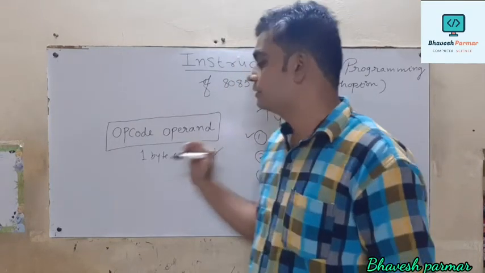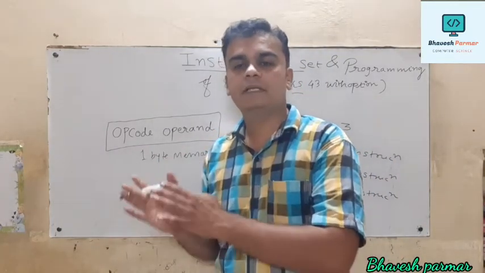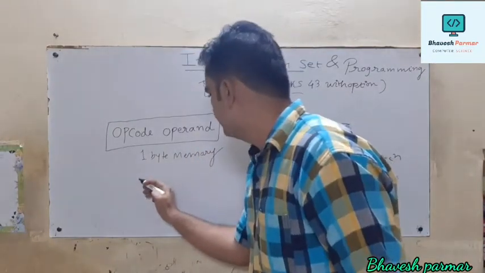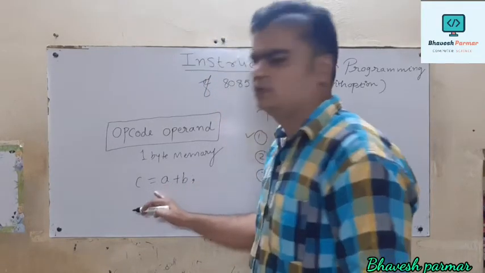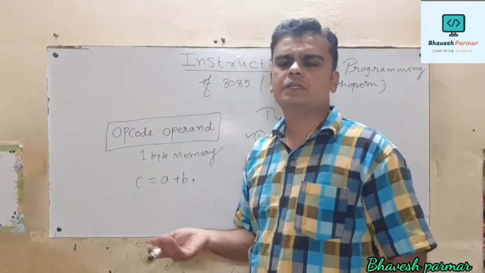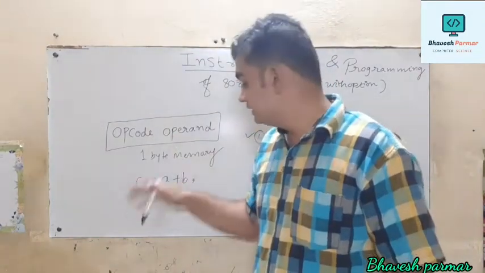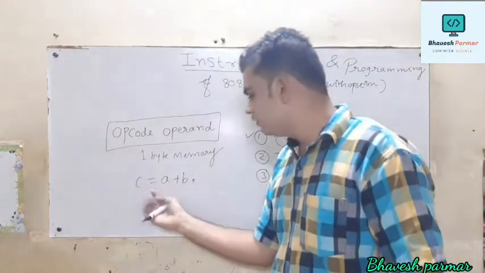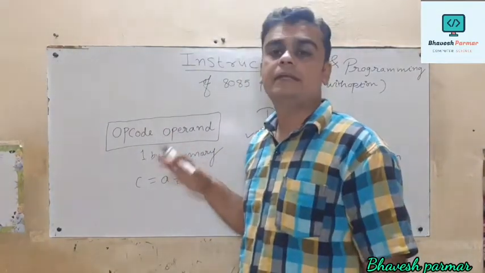I will also explain the difference between our high level language program statements and an 8085 instruction. Let me take an example. Suppose I write C is equal to A plus B. This kind of expression is used in C language, C++ language, and also in Java. But in technical language, we can say that it is an instruction: a statement provided to the computer, and the computer will perform the given operation.